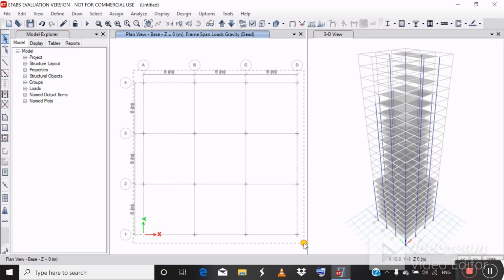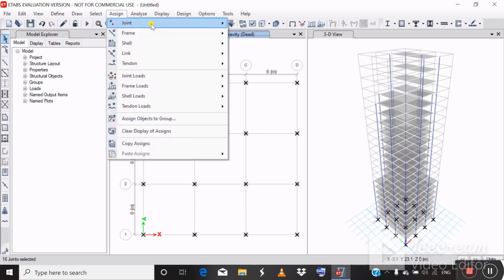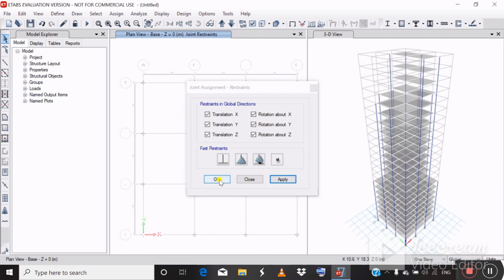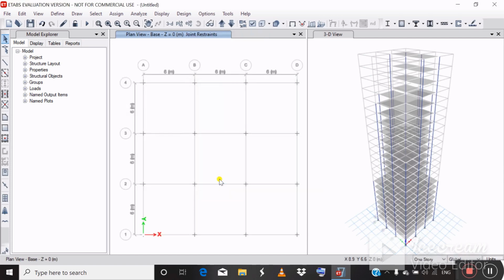Select all the nodes and change them to fixed support. Now use the auto draw cladding option for all the exterior walls of the building.